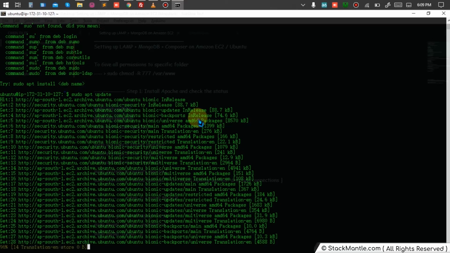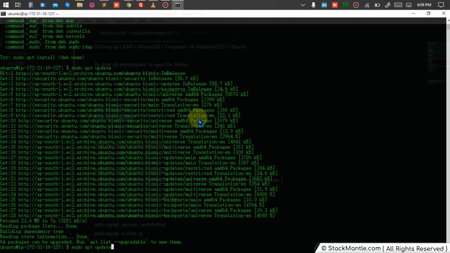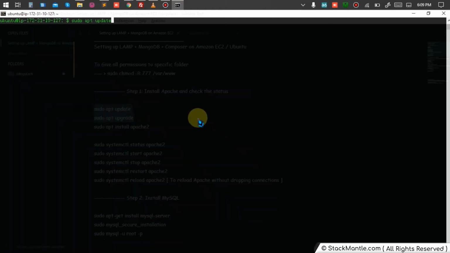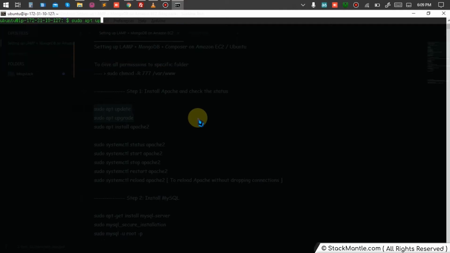Then the next command that we are going to run is the upgrade command, so we'll make sure that all our packages are upgraded. I'll just clear the screen so every time I type a new command, you'll be able to see it. My bad, we just ran the apt update command. Now I'll run the apt upgrade.